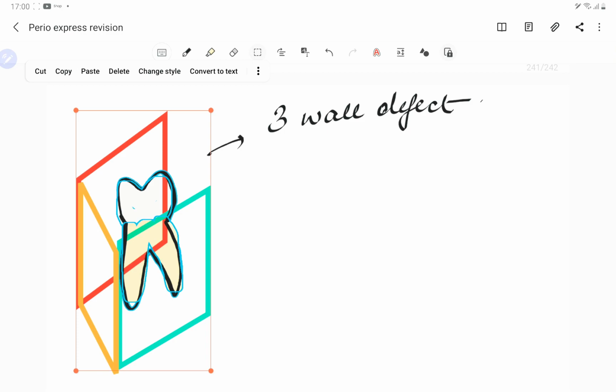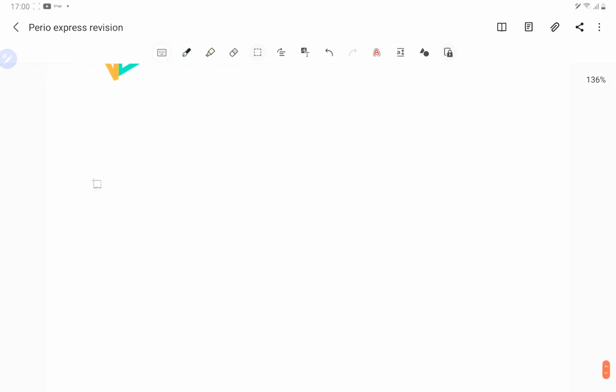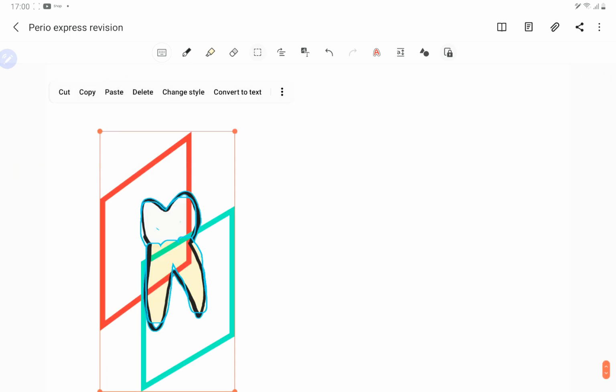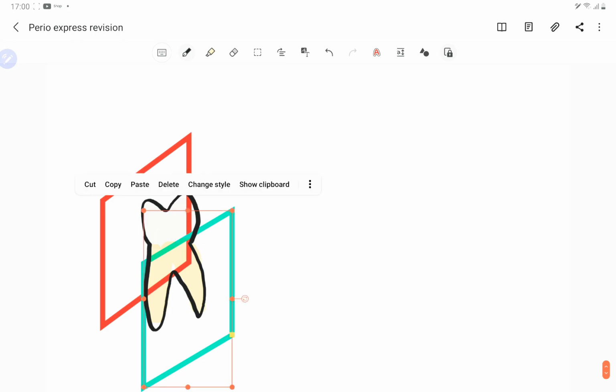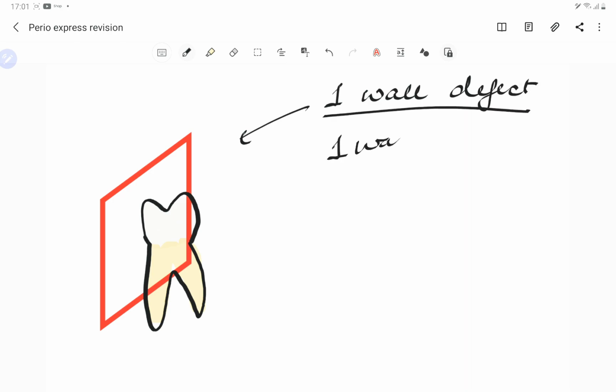we are going to be missing the rest of the walls. Say suppose this particular situation. Now in this particular situation, we have to make one more wall missing, guys. So say suppose 1 wall defect if we talk about. That means that only 1 wall is present. So this particular situation is a 1 wall defect. That means only 1 wall is present.